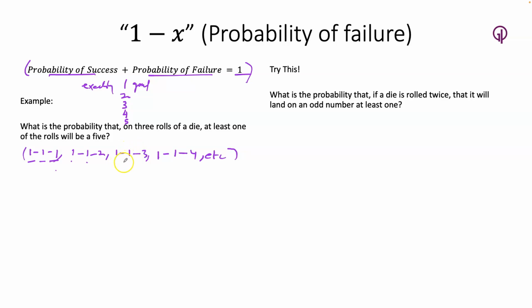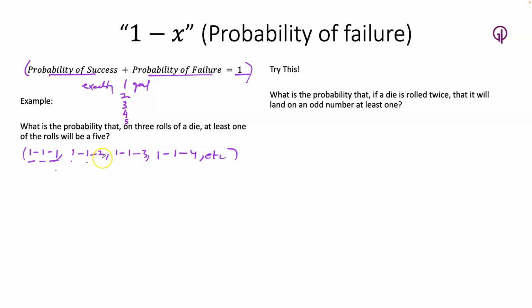So here, when we talk about failure, what we are asking is, what is the probability that none of the rolls will yield a 5? Because here it's saying, what's the probability that on 3 rolls of a die at least one of the rolls will be a 5. Now we've reversed the question and asked, what is the probability that none of the rolls will